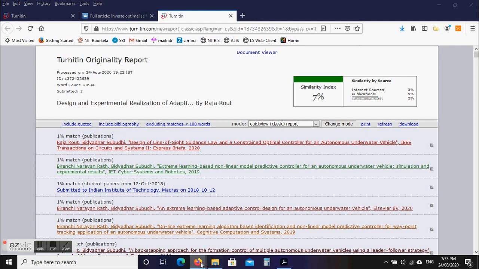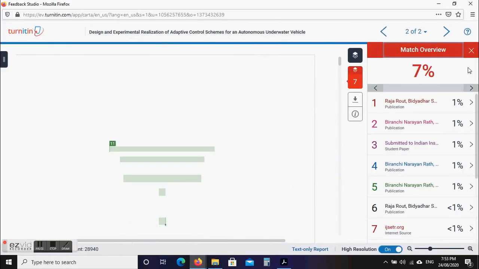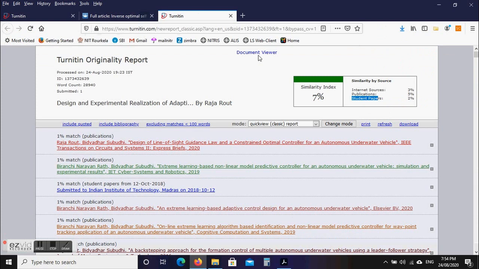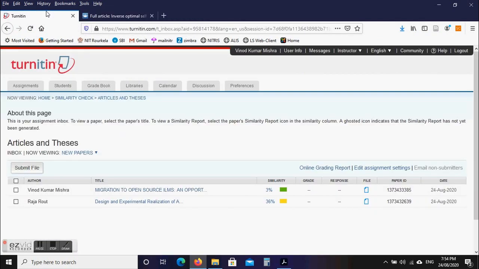Once this is over, you can just hide the side panel or remove this one. Now for example, I wanted to check this other one. Click this one, and once you refresh this page, it will show 7% only, because you have already checked and removed all the irrelevant resources.